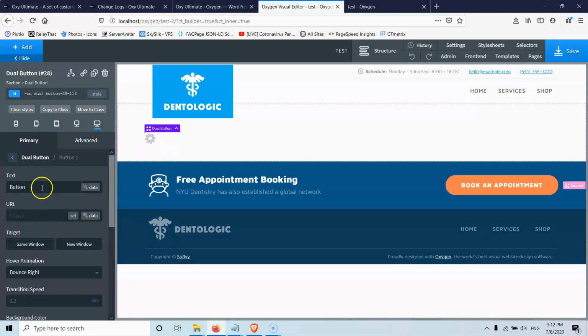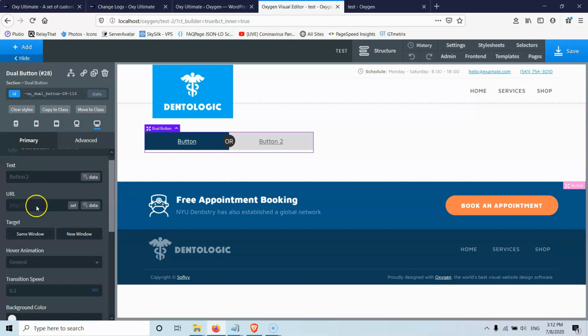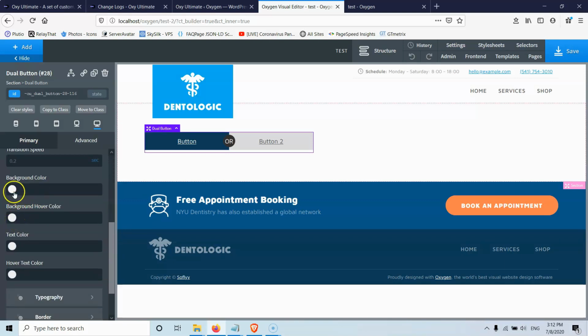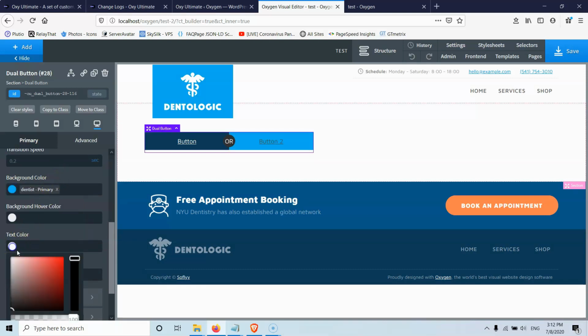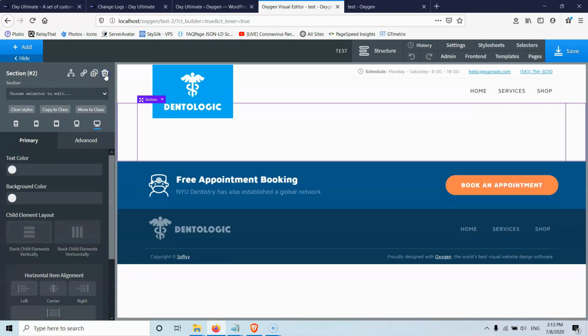Let's go to the next button to style it a little bit more. Let's go for this one, button 2, and this is the URL, same window, and let's go for a background color of this, and the text color should be black, and let's hit apply. And let's delete that and continue with the next element.